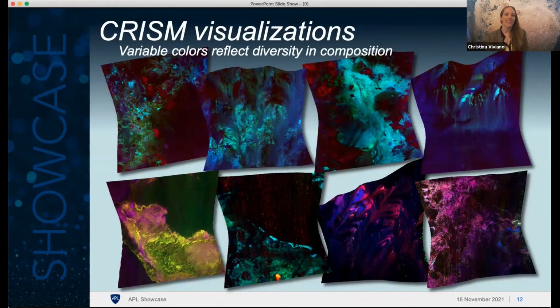And so because each pixel in a CRISM image, which you're seeing here, is made up of one of these spectra, the images are extremely information dense. And so to simplify this, we use these specific parameterizations of each image to reflect that variability in the position of the absorption features. So in this case, the specific way that the colors are displayed here reflects the absorptions at specific positions